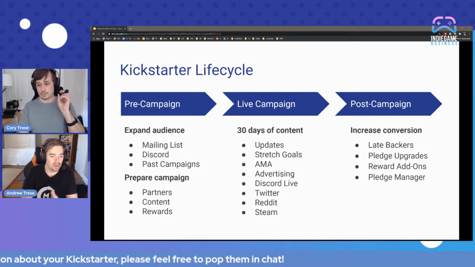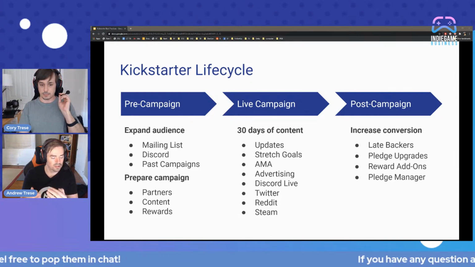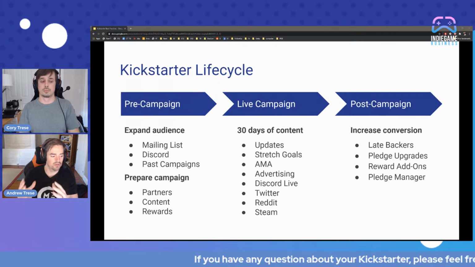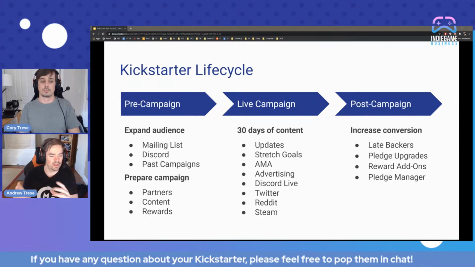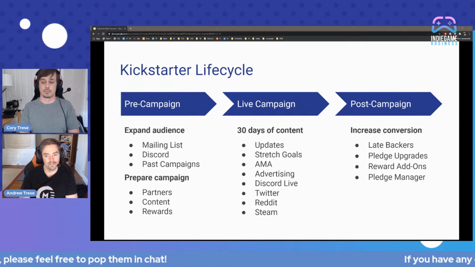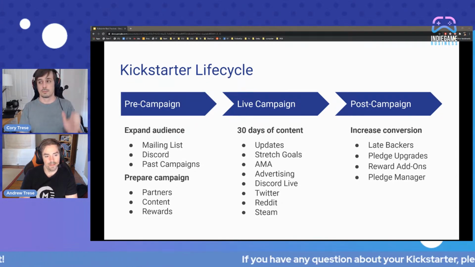So when you're looking at a campaign, it's important to realize that what you see, if you go to Kickstarter.com, is really the tip of an iceberg. That page with a beautiful video and their funding number seems amazing, but there is a huge amount of that ice under the water that you probably can't see. That's work before and after the campaign.